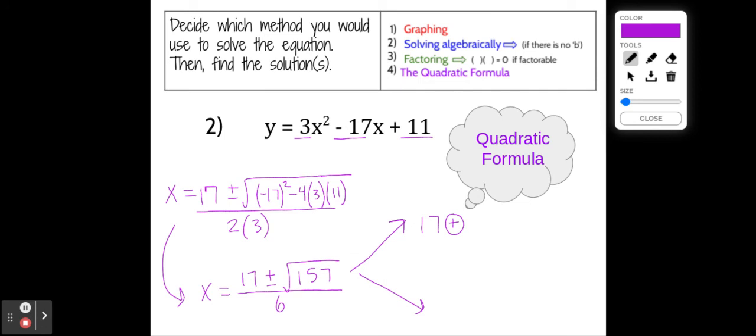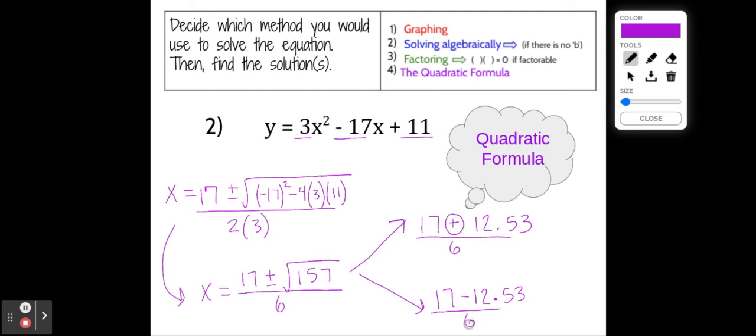Now, square root of 157, I'm going to have to round that because it doesn't come out perfectly. So square root of 157 will be about 12.53. That'd be pretty close, divided by 6. And then I've got 17 minus the square root of 157, which is about, we said, 12.53